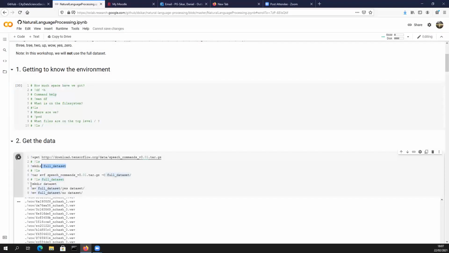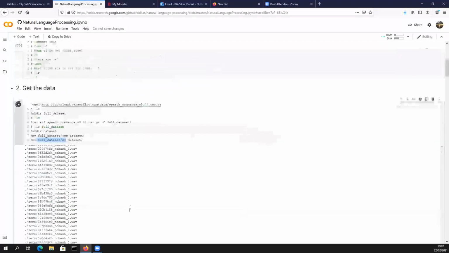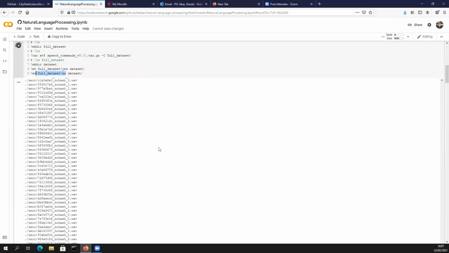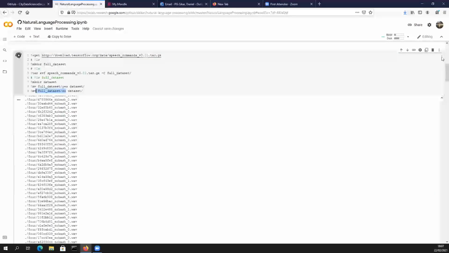we created, and then make a data set subdirectory, and then move all the yes words to the data set, and then move all the no words to that data set subdirectory. So we're going to end up with a data set subdirectory just with yes and no. Now let's go back up here, while this thing is happening down here. So what this data set is, so